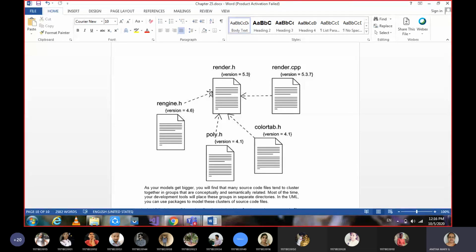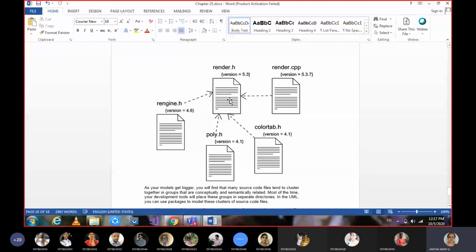In a similar way, render.h, this .h means it's a header file. So in animation.exe, render.h is a header file, and in turn so many things depend on it: reengine.h, poly.h, colortable.h, render.cpp. So these are depending on it.